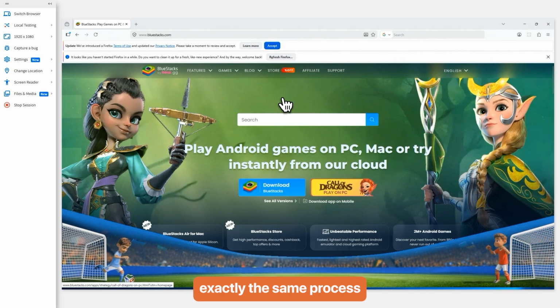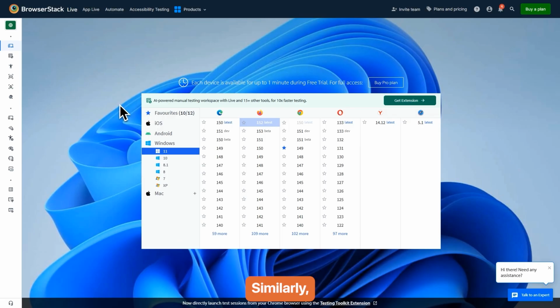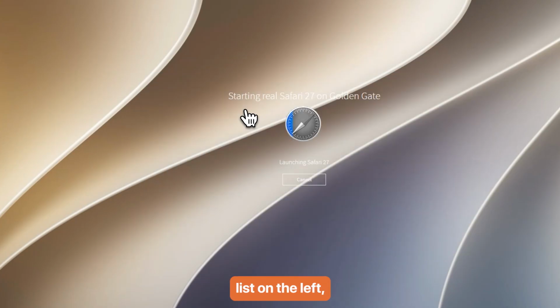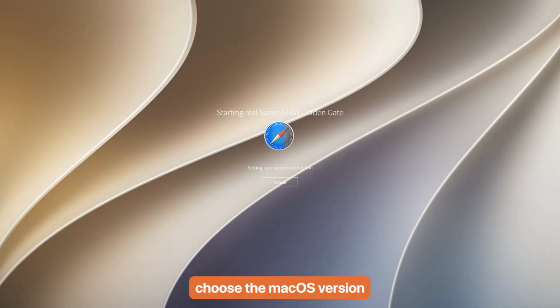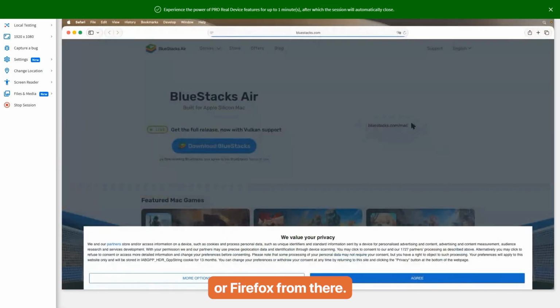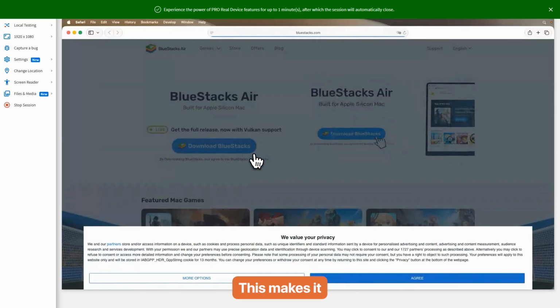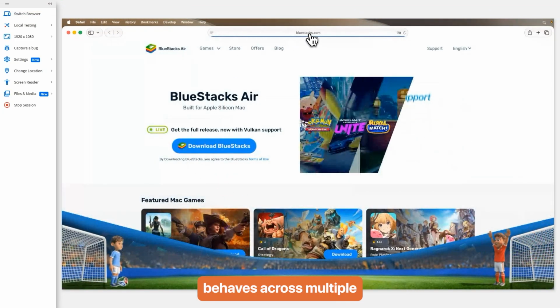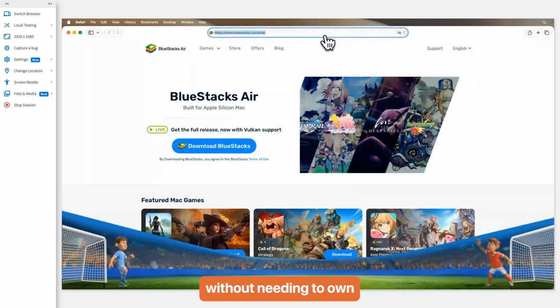You can repeat exactly the same process with Microsoft Edge, Opera, or any other browser available in your account. Similarly, if you want to test your website on macOS instead of Windows, simply return to the operating system list on the left, expand Mac, choose the macOS version you want, and then launch Safari, Chrome, or Firefox from there. This makes it incredibly easy to compare how your website behaves across multiple operating systems without needing to own different